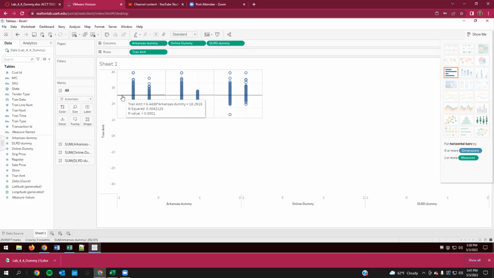So we're not able to see online and non-Arkansas. We can only see Arkansas, online, and then gift cards all separately. Whereas in Excel, we could do more. And I believe that concludes Lab